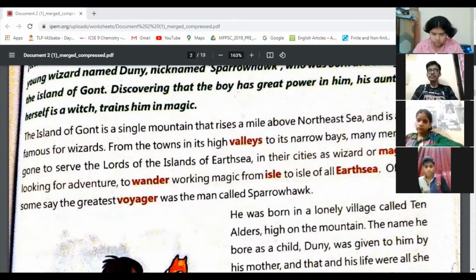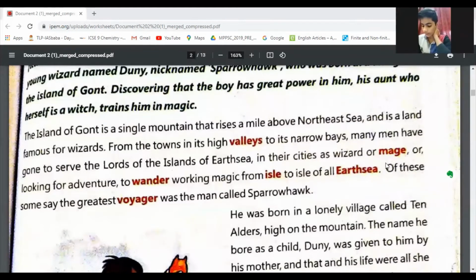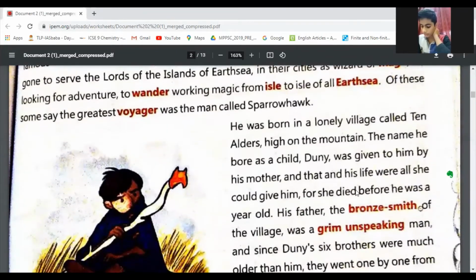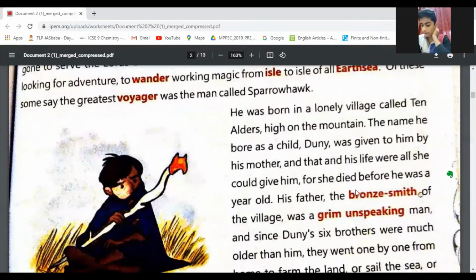He was born in a lonely village called Ten Alders, high on the mountain. The name he bore as a child, Duni, was given to him by his mother, and that and his life were all she could give him. For she died before he was a year old. His father, the bronze smith